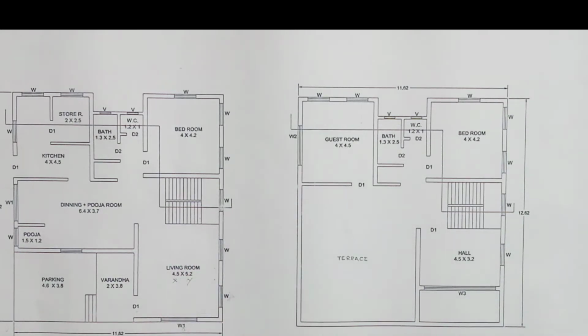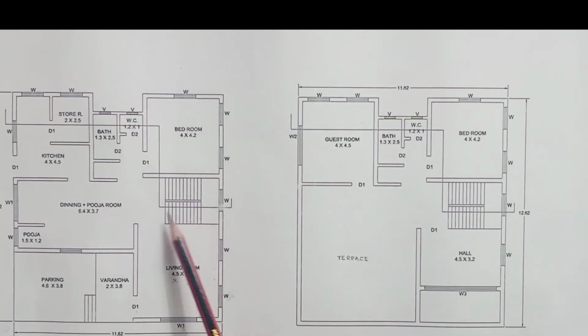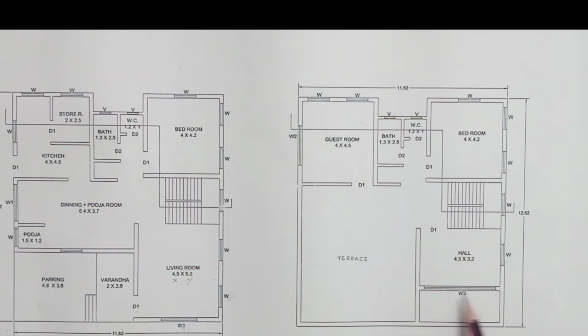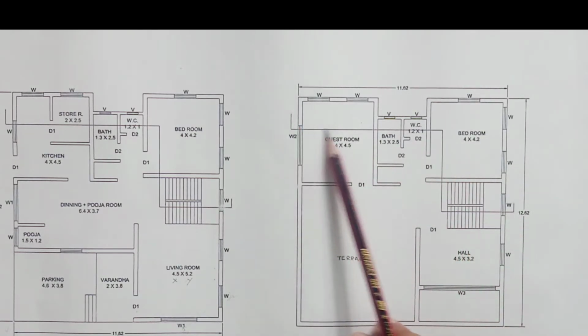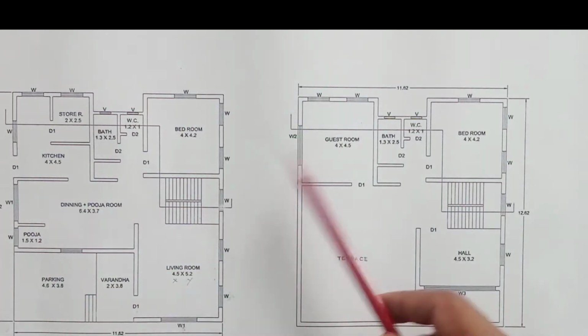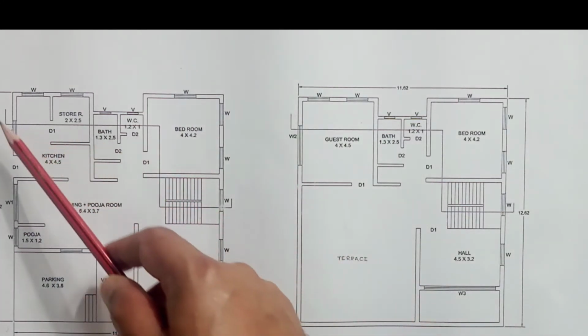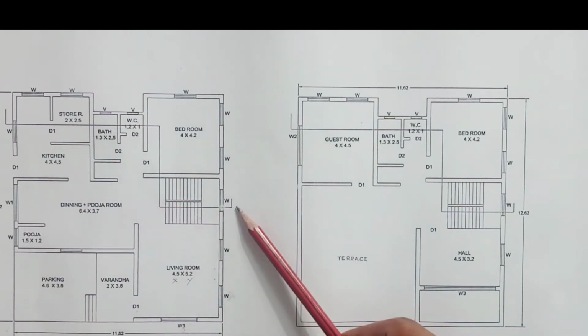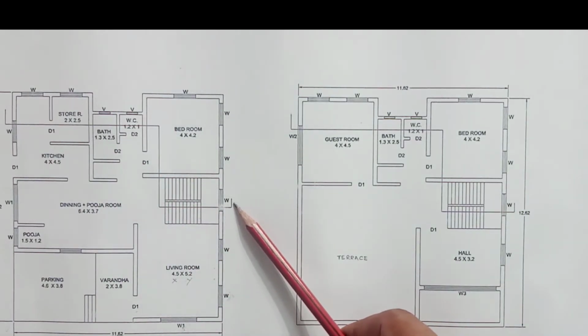Now, next to this ground floor plan, there will be the first floor plan. On the first floor plan, the staircase will definitely continue. Here again one hall has been shown. Now, one more thing I would like to highlight, that is a section line. This is a section line. What is the meaning of section line? If you cut this entire structure by referring to this section line, whatever view you get is nothing but a section.